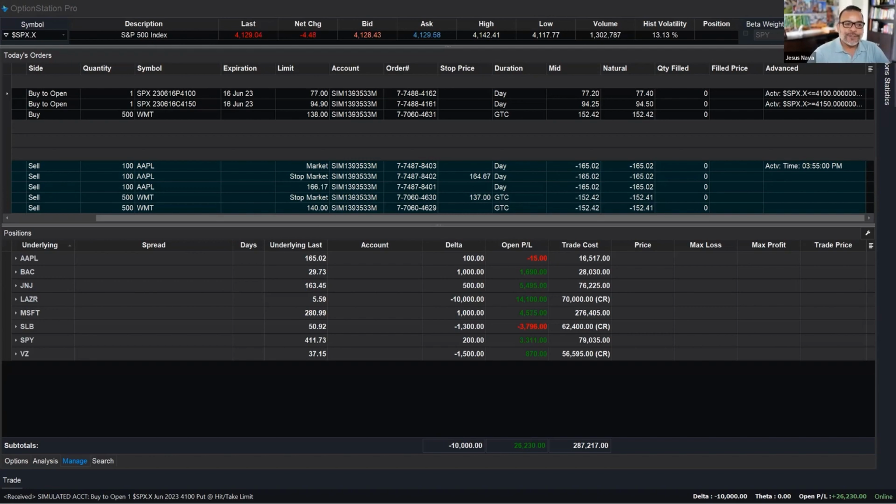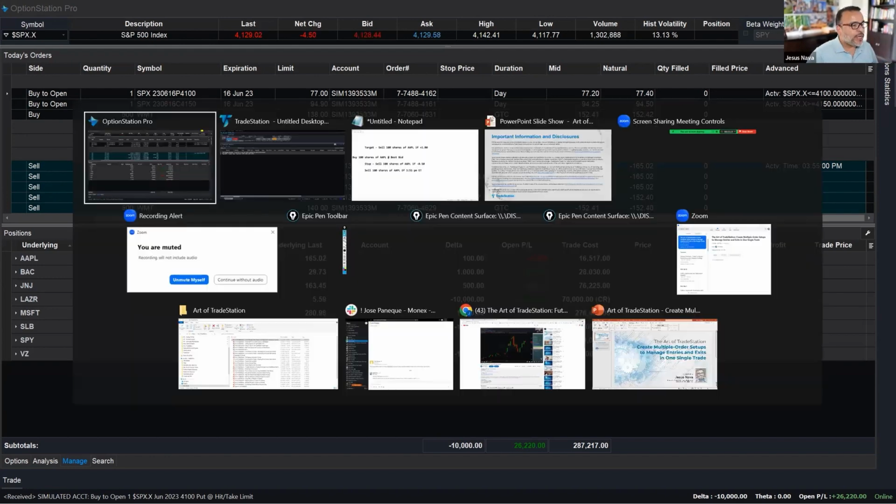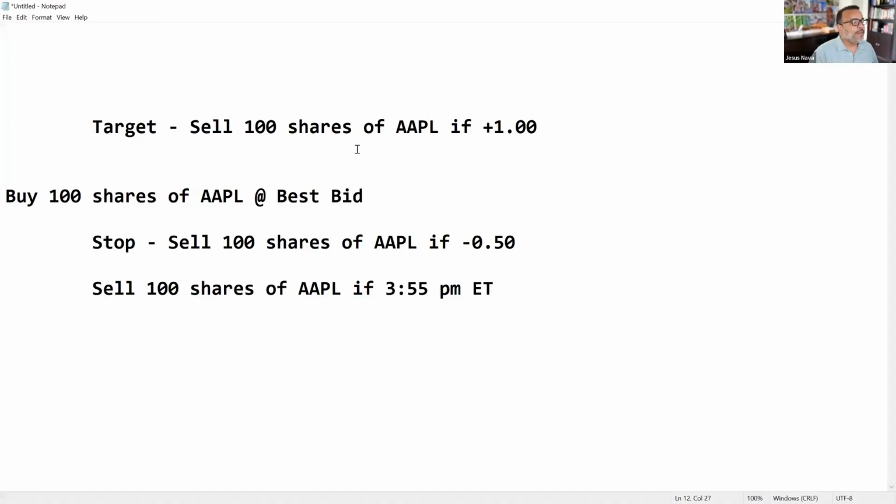I'm going to do a really interesting setup. So let me go ahead and bring up my notepad so that we can do another test. Let's see. We can do Apple again. This time I'm going to buy 1,000 shares of Apple at the best bid, that's fine, but I want